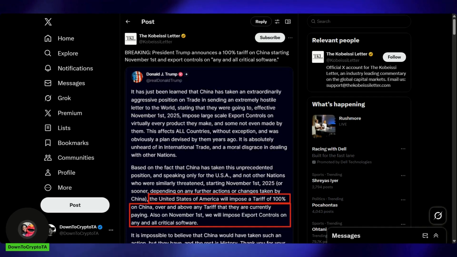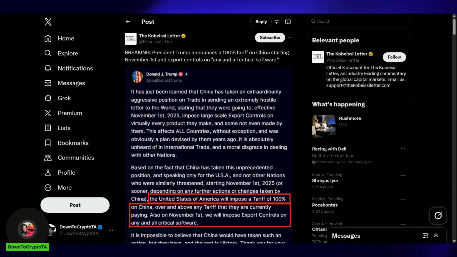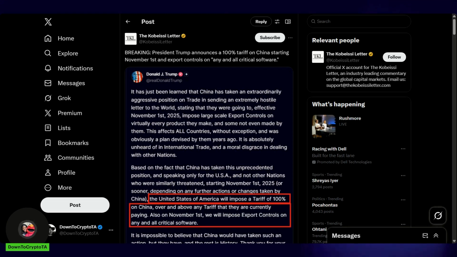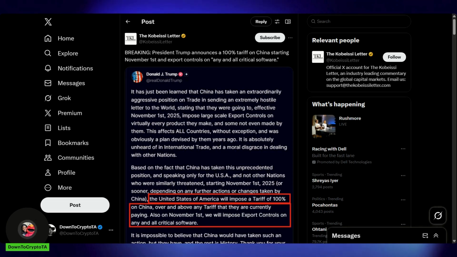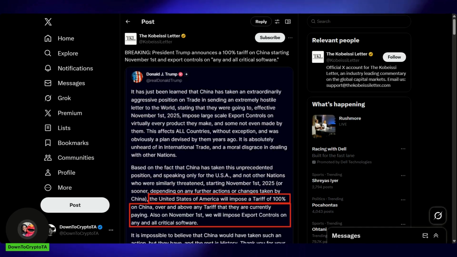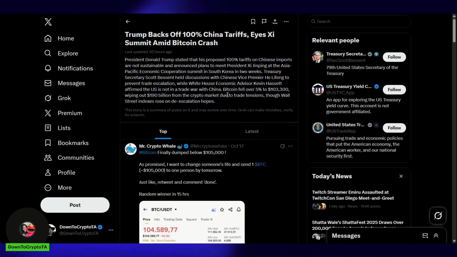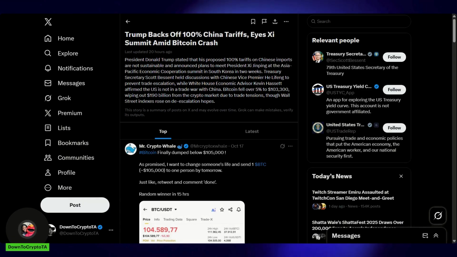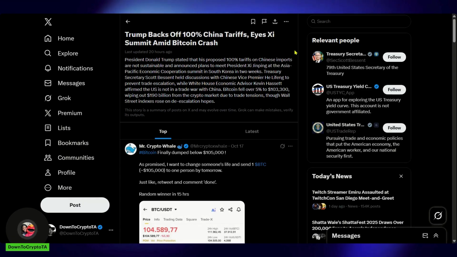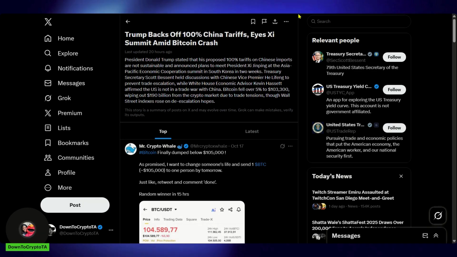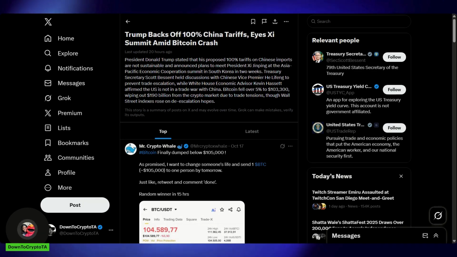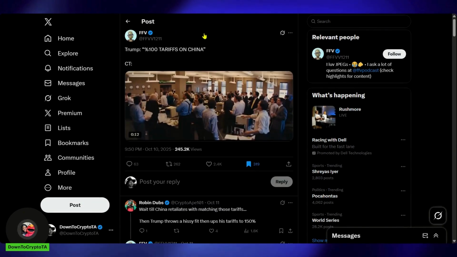Now, Trump announced plans for a 100% tariff on Chinese imports, plus tighter export controls on rare earth materials and software that triggered a classic risk-off move. Gold ended up spiking to above 4,300 while equities wobbled, and then just a day later, Trump softened his stance, stating that the 100% tariffs on China just wasn't going to be sustainable. That hinted at a de-escalation. It firmed the dollar, it cooled fear sentiment, and that sparked a pullback in gold.